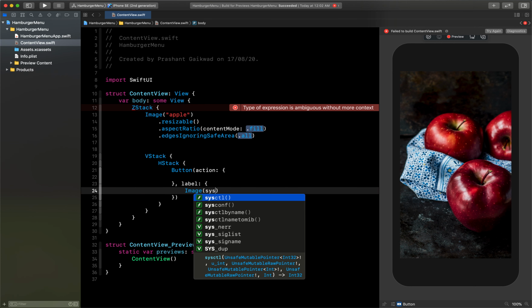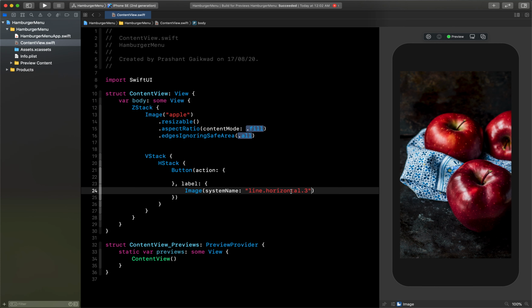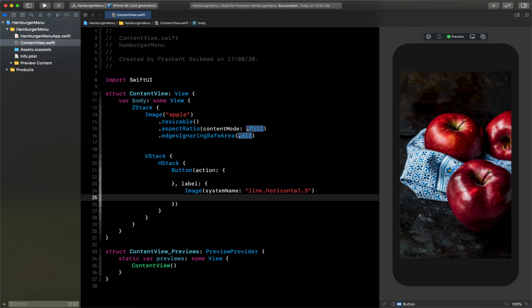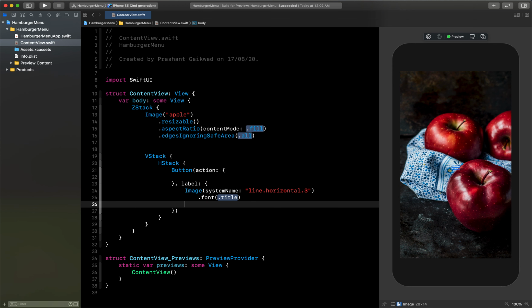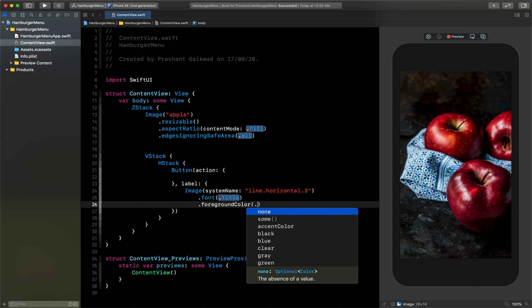System name we can use, and inside our SF Symbols we have this image which is line.horizontal.3. So you can see here there is one small image. So let me just change its modifiers on font so that it will look much better. So I will give font title, then I will give foregroundColor of dot white.